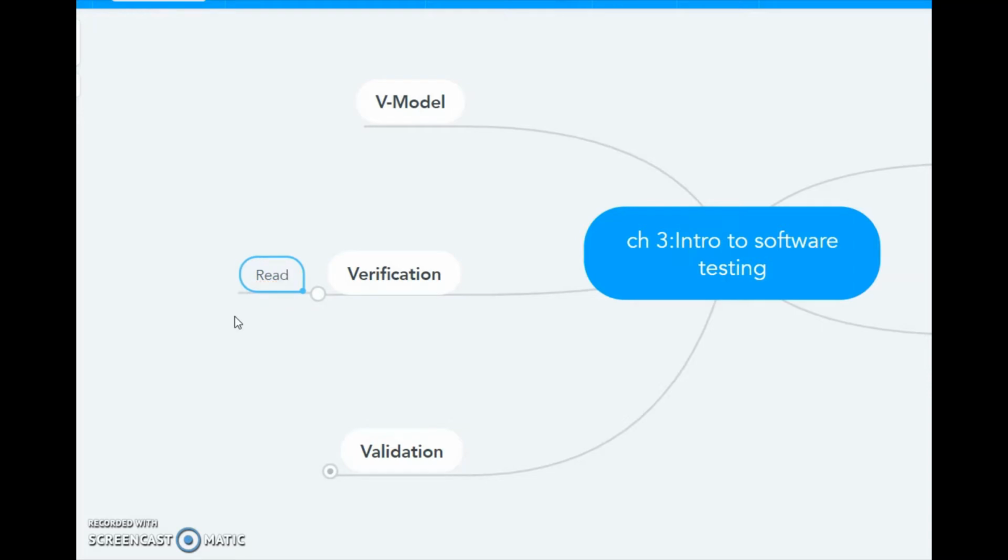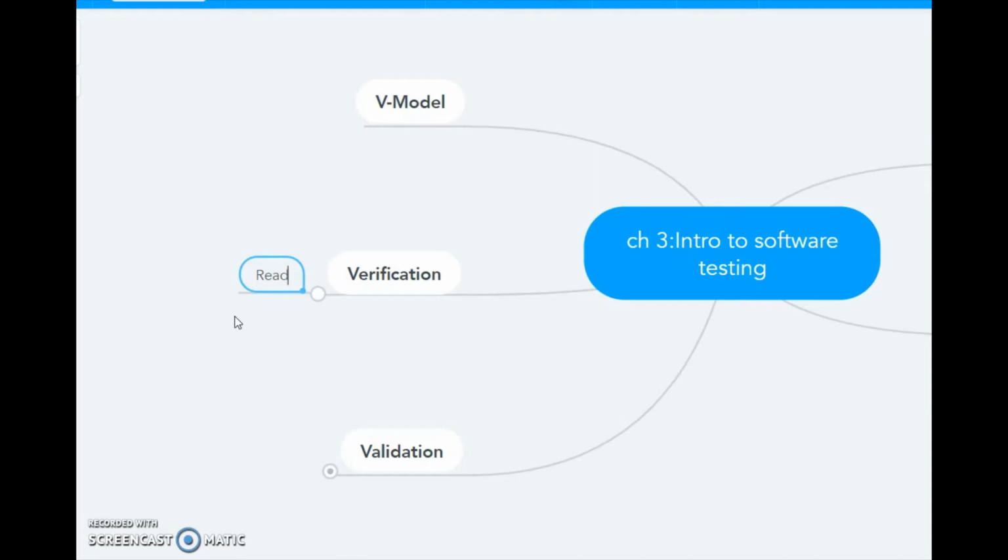Now let's say we as testers are going to perform verification on the requirement specification document, the SRS document. Whenever we get the SRS document, as a tester, we read the document. By reading, we are trying to understand the requirement.